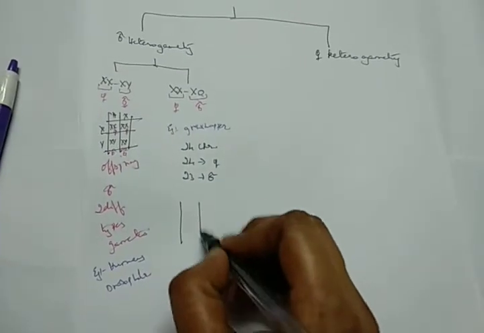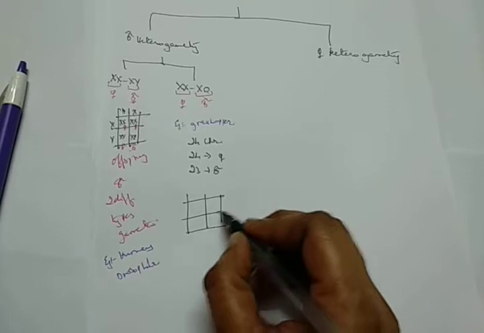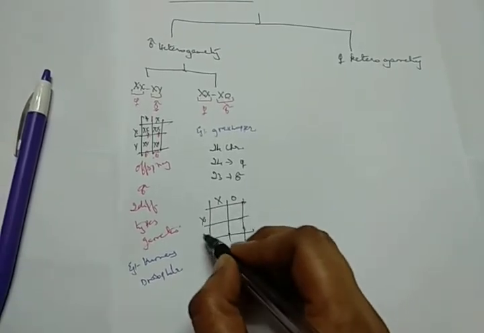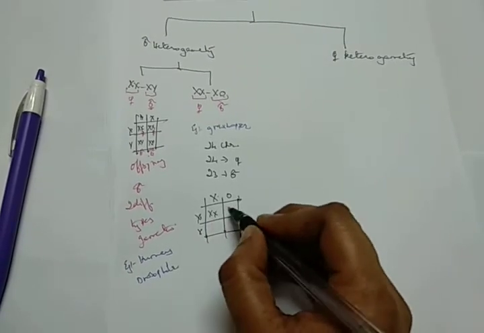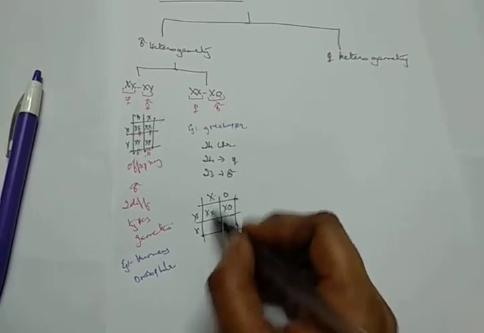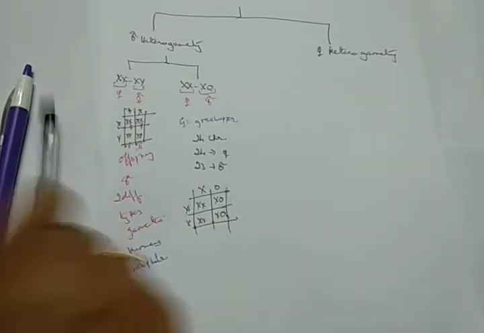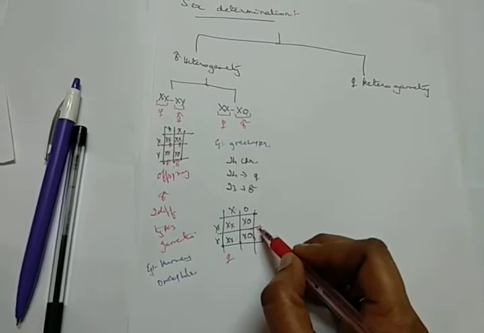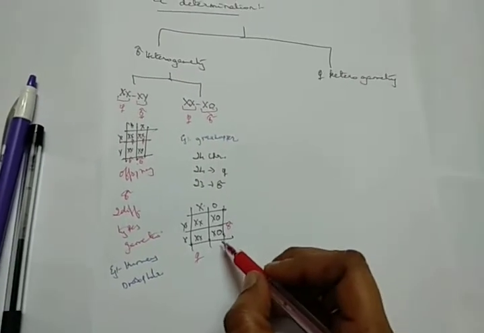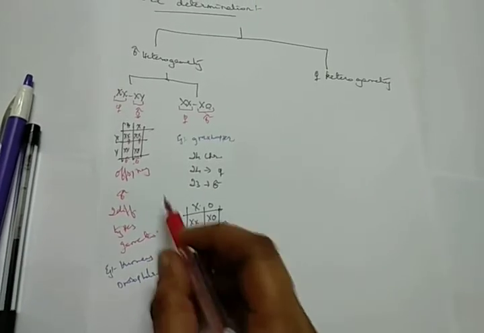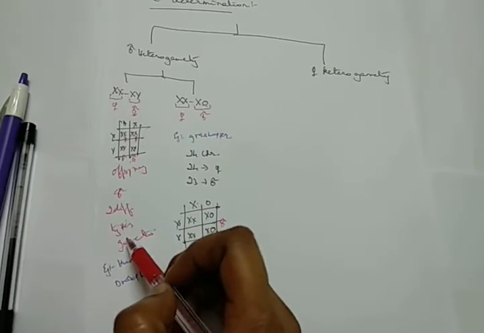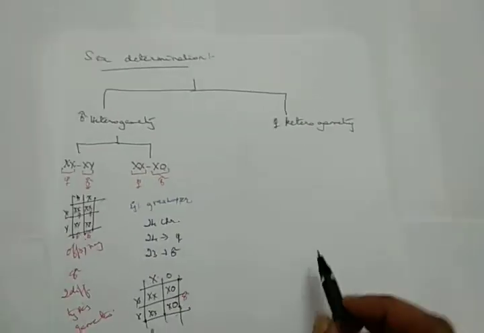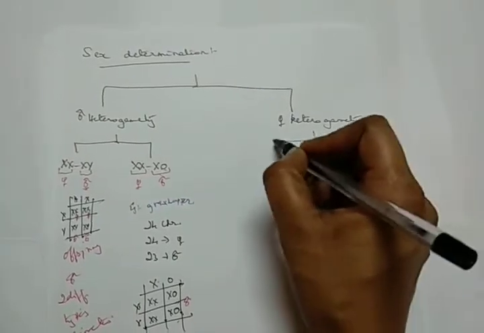In the same manner, when you have a Punnett square, the crossing between each other, this will be your XX, this will be your X0, XX and X0. Again, these two are going to represent the female and these two are going to represent the male. So this is how the male is going to determine the sex of the offspring because of the two different gametes. The same way when you come towards the female, in the case of female heterogamety,